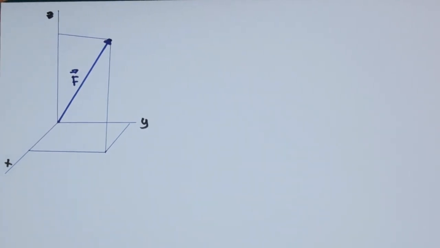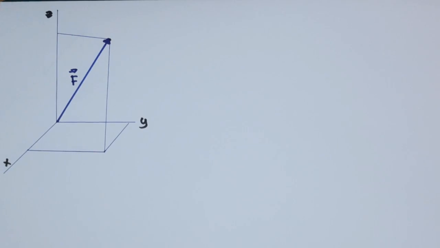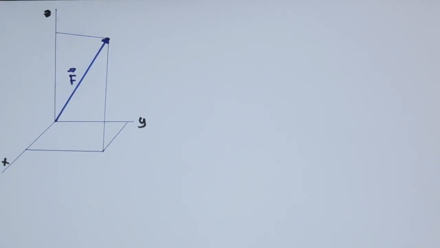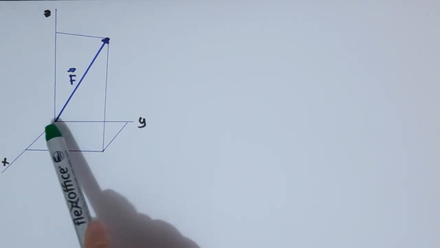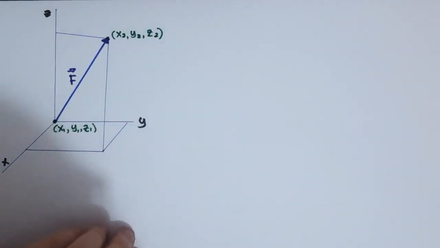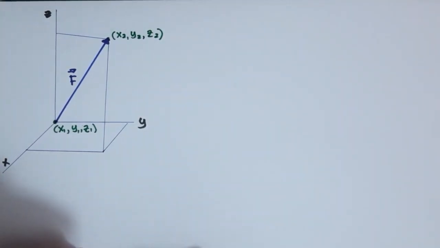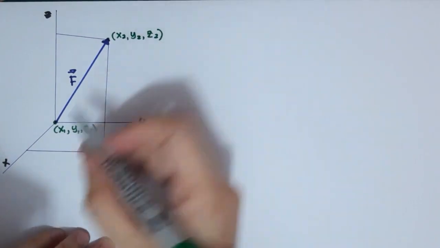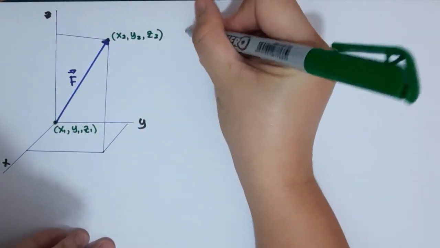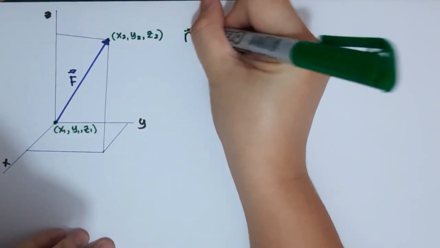Okay, good day. So we will discuss now how to solve a Cartesian vector using position vectors. From the previous lesson, you must have learned how to find position points of a vector. Since these are given, we have to find the position vector first. So these are the positions, and the position vector r is equal to